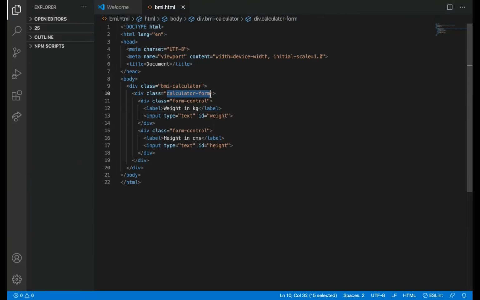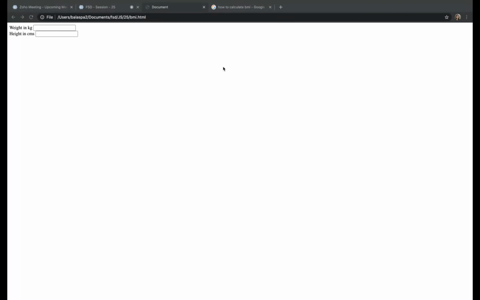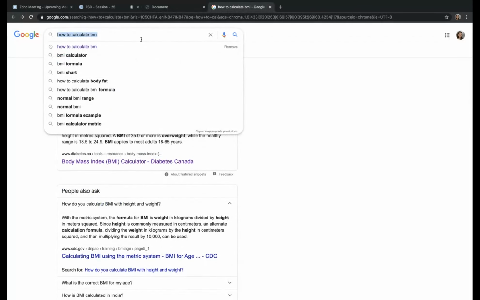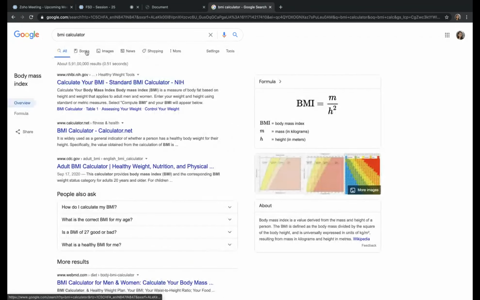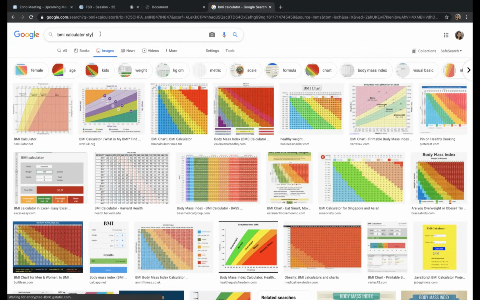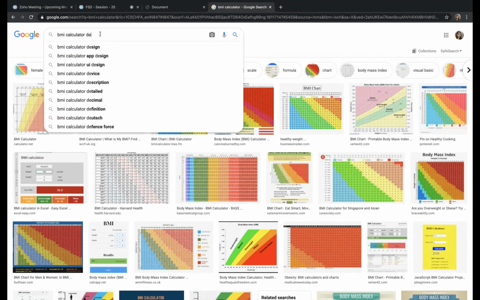I'll try to style it a little bit. We can check on the internet for styling also. BMI calculator designs.